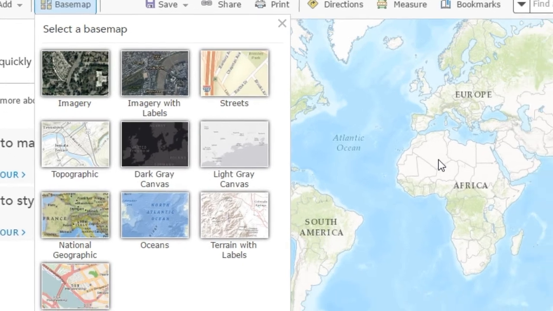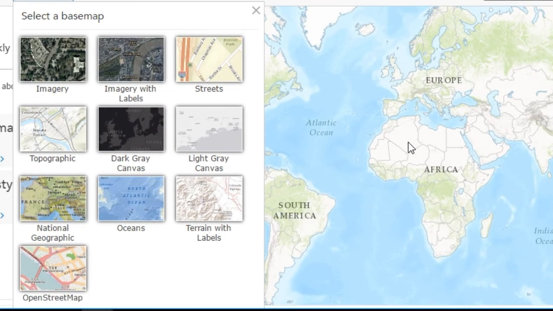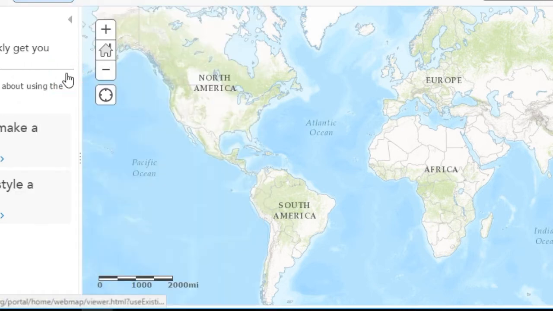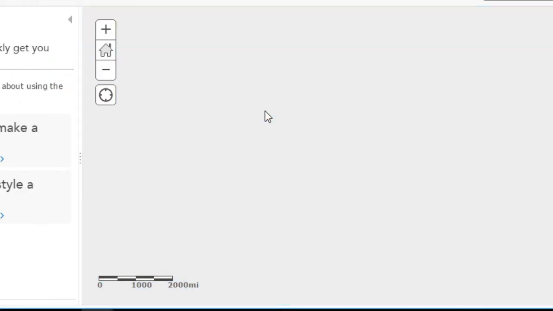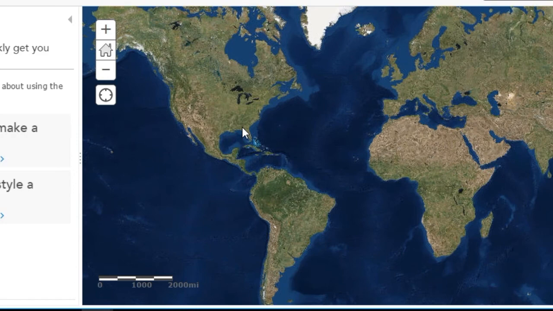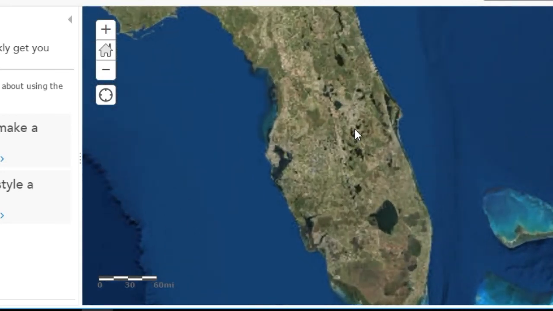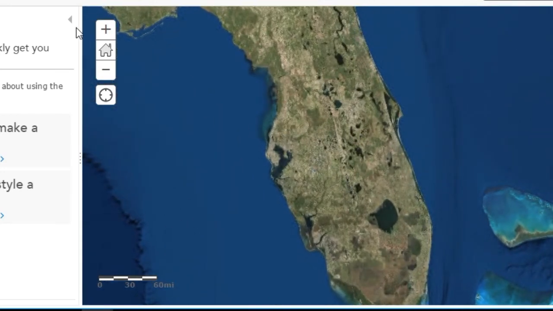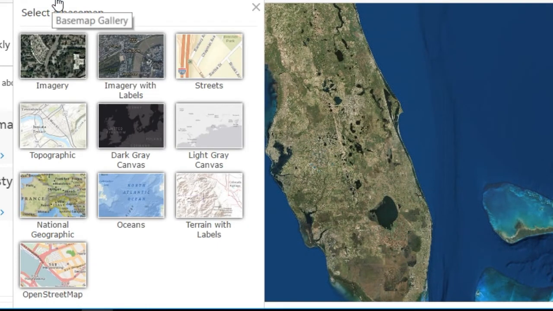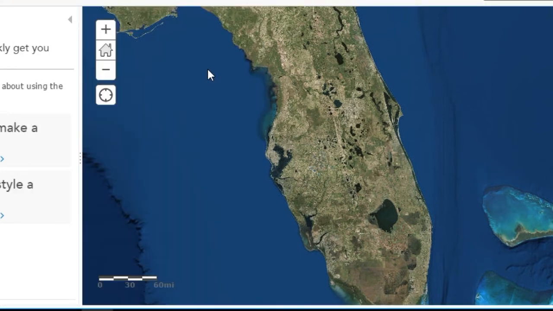Base Map is actually just the base of the map, as general as I can get it. I can choose one that has satellite imagery. So I'm in Florida, so I'm just going to zoom down here to Florida. If I'm wanting a map that shows something in the natural environment, I could choose that base map. That one does take a little while to load, so you have to start thinking about your internet speed, of course. If you're wanting something that's more navigation based, streets,